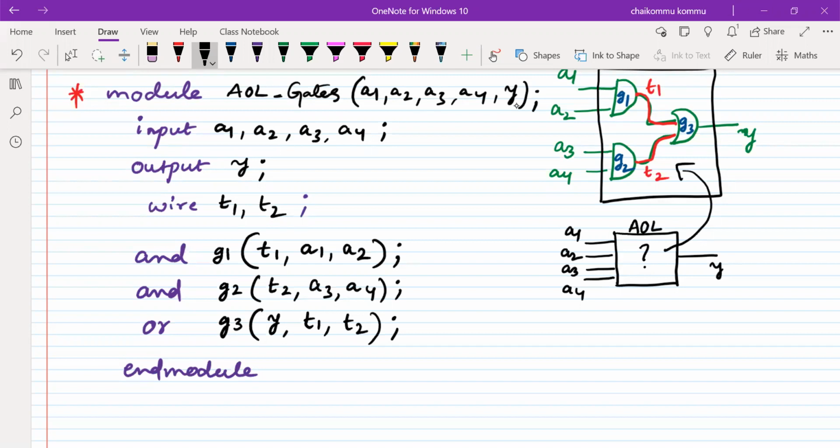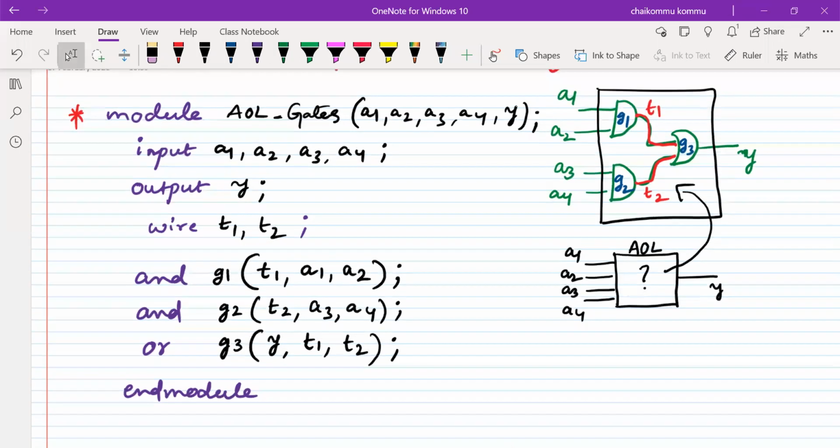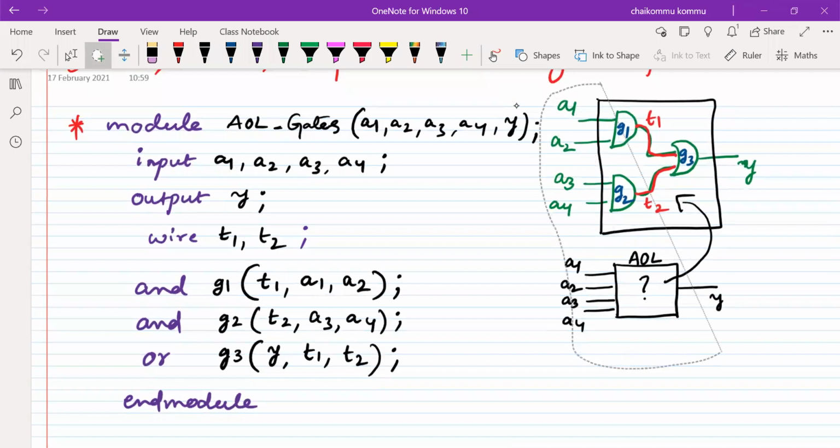Now let us write some alternatives for this module. Let us take the same thing.